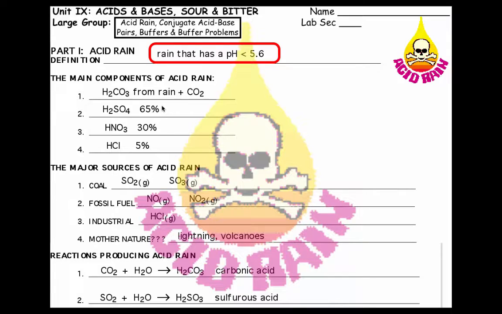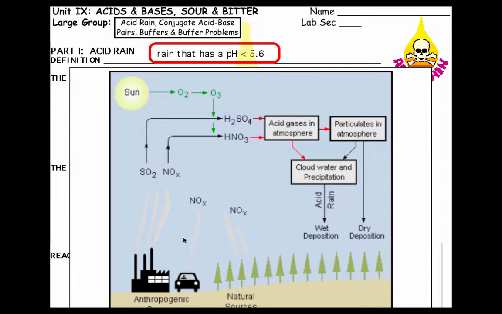But other components of acid rain are sulfuric acid, nitric acid, and HCl. Major sources of acid rain come from burning of coal, fossil fuels, industry, and of course, Mother Nature through lightning and volcanoes. Now, as you can see in this little diagram, the different gases go up into the atmosphere, and